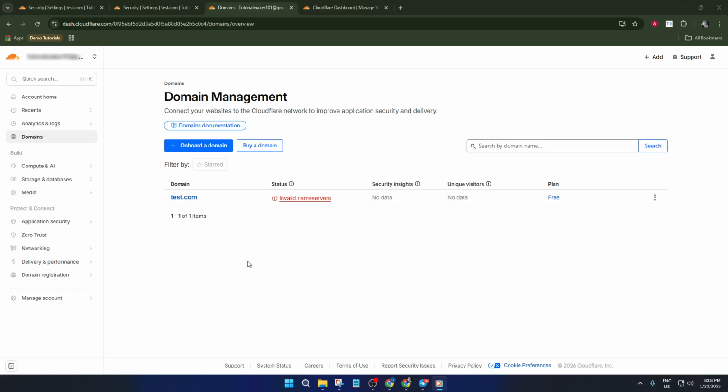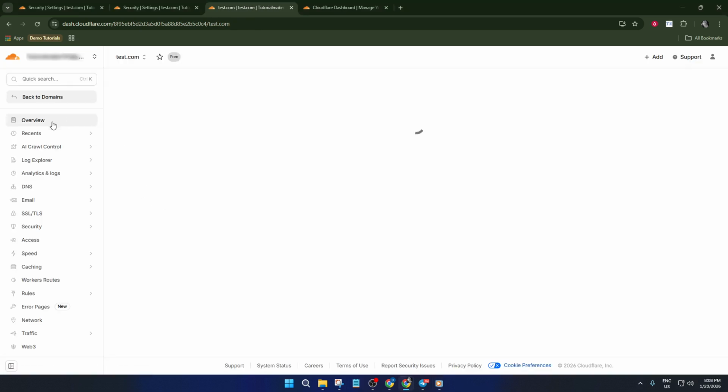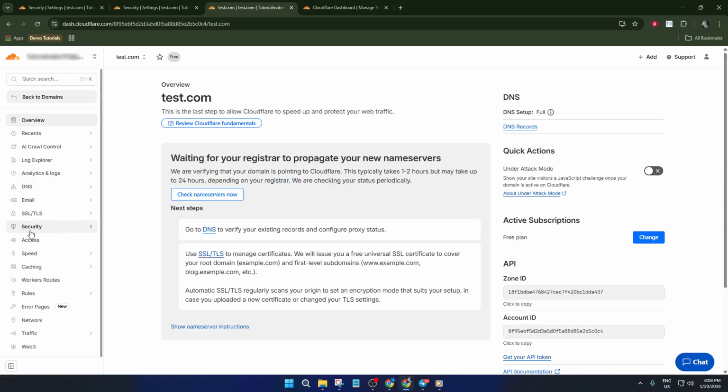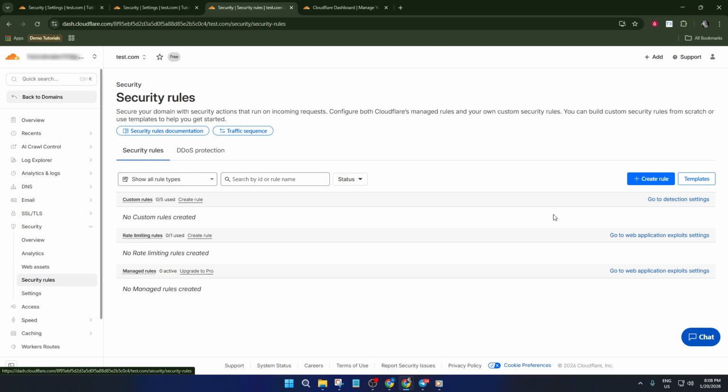Let's jump right in. The first thing you'll want to do is log into your Cloudflare dashboard. If you haven't been here for a while, don't worry, the layout's clean and pretty easy to navigate. On the left-hand side, you'll see a section labeled Security. Click into that. And look for the option called Security Rules. This is where Cloudflare centralizes all your security controls, making it a breeze to manage who gets access to your